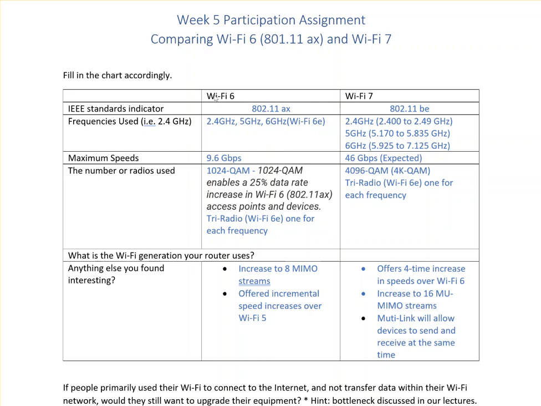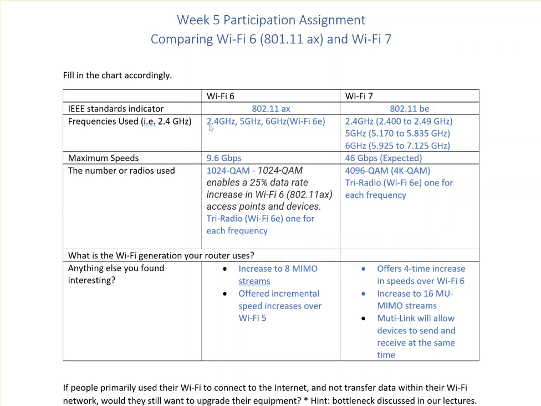Some of you may have figured out there's Wi-Fi 6. There's actually Wi-Fi 6E, which falls in between there. Wi-Fi 6 uses 2.4 gigahertz, 5 gigahertz. Wi-Fi 6E adds 6 gigahertz. Now, all I want to say about gigahertz is this. When we have lower gigahertz, our signal transfers further, but it's not as fast. When we have higher gigahertz, our signal goes not as far. So like 2.4, I can reach my network at my neighbor's house. 5 gig, I stop reaching my network in the middle of the street.